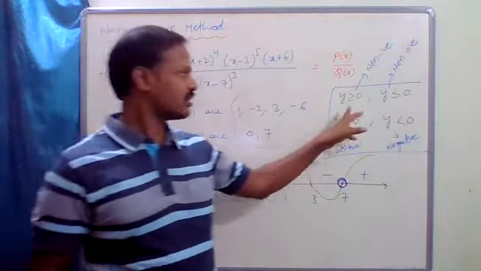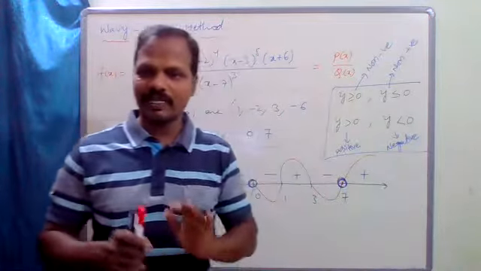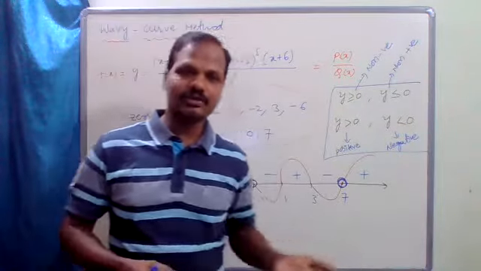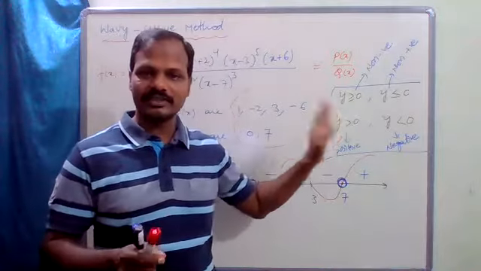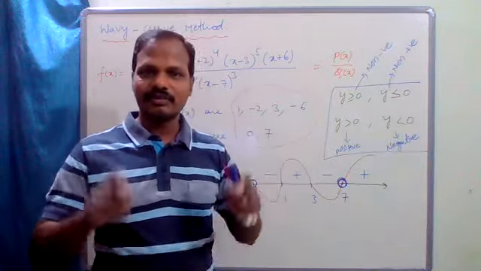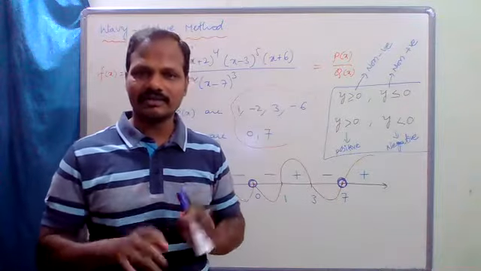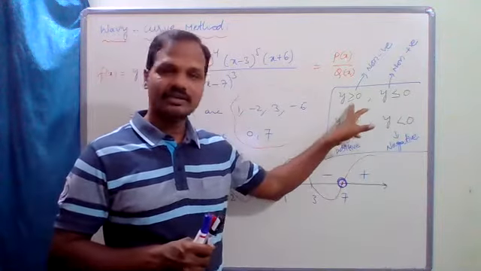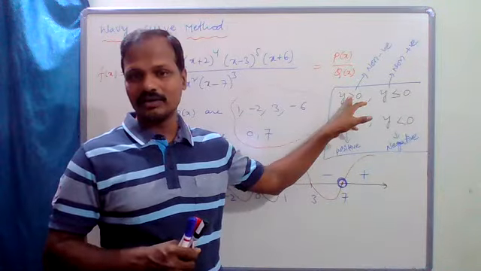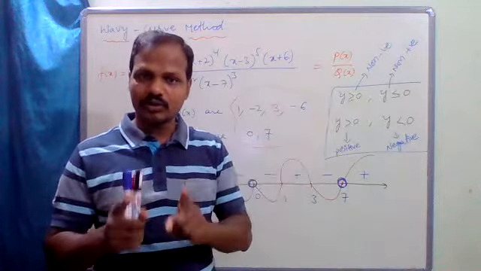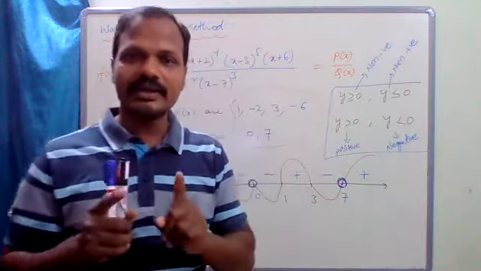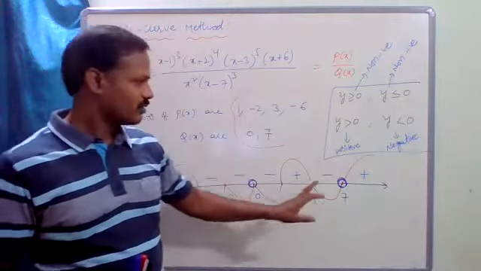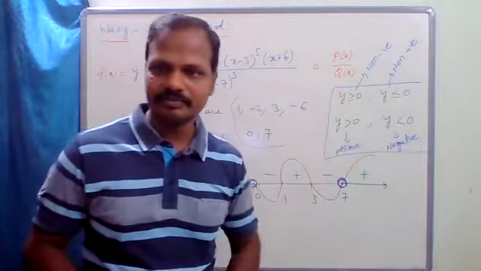Even if they are asking y greater than or equal to 0, generally we think that equal to 0 is there, so we simply use the closed interval. Don't think like that. Even if they are asking greater than or equal to 0, you should not include the value where the denominator becomes 0. Clear? Suppose, for example,